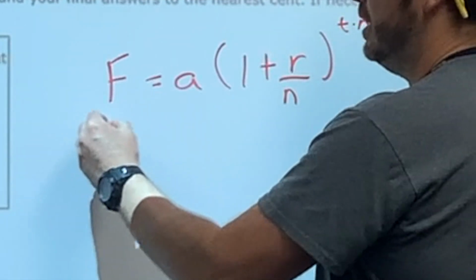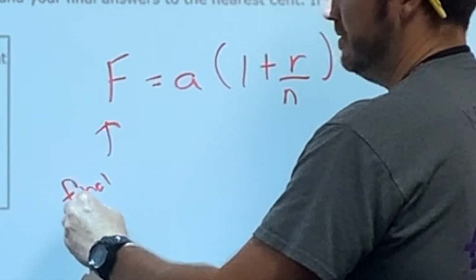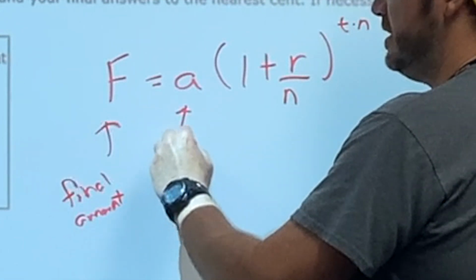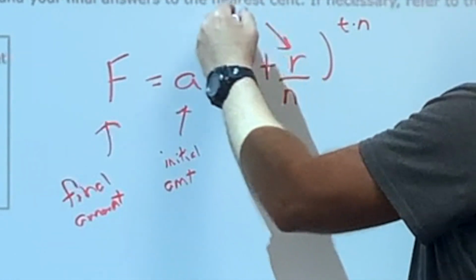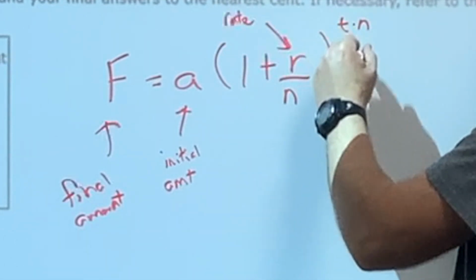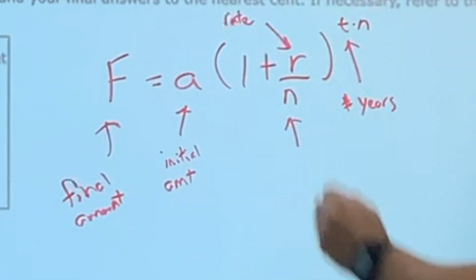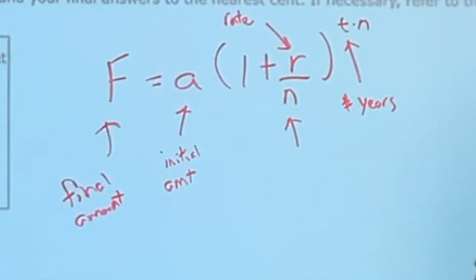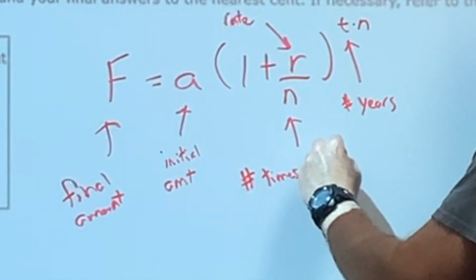Let's just label our variables here. This is the final amount. This A is the initial amount. R is the interest rate. T is the number of years. And then N, which shows up in both of those places, is how often it is compounded per year. So we'll say number of times compounded